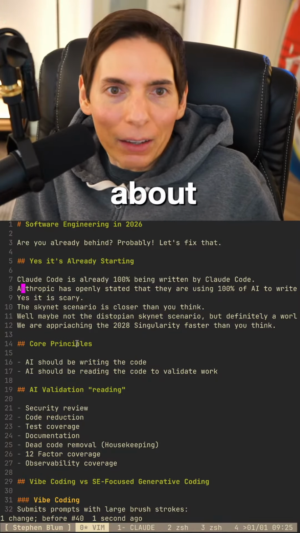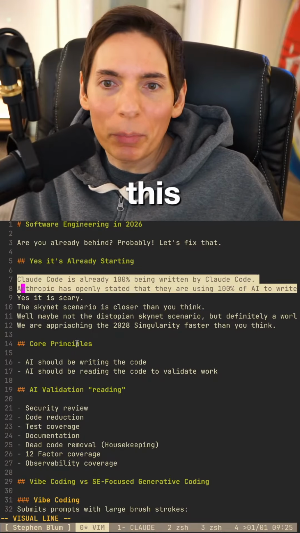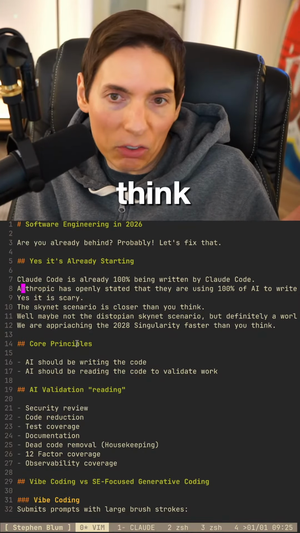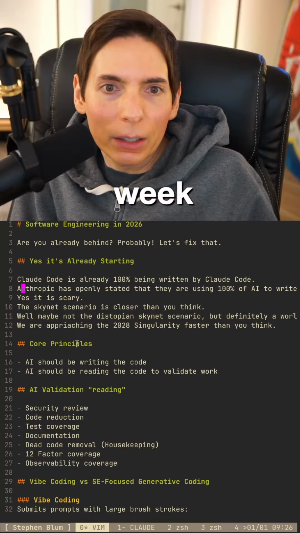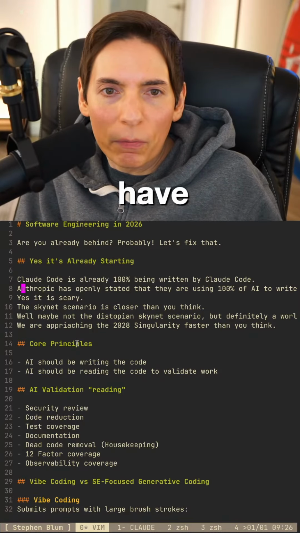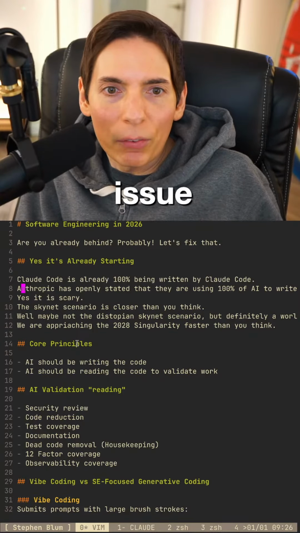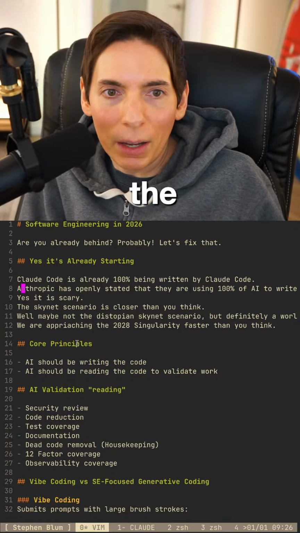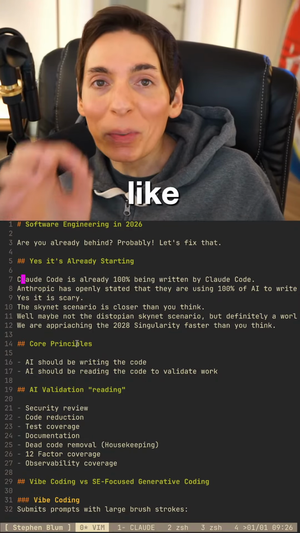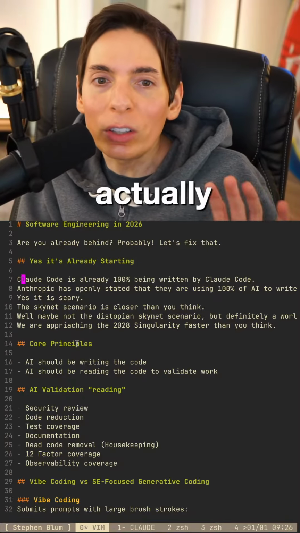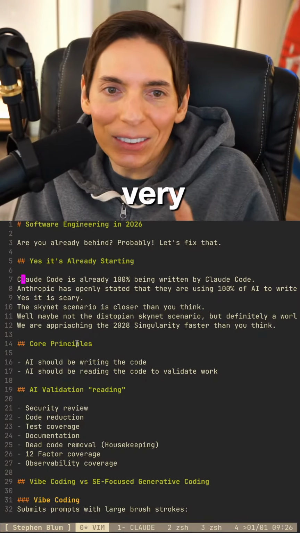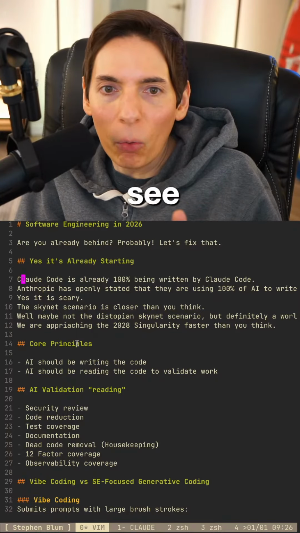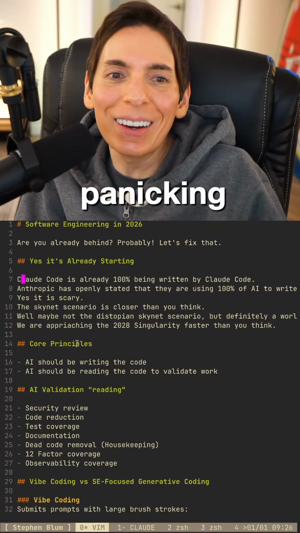What, I haven't heard about that? Oh, isn't this crazy? Yes, this is amazing. They're just talking about this recently. Like just this week, I think, actually. They have used it to fix the terminal rendering issue of its AI when the output is long. They triggered a redraw of the UI. Oh, really? So that's one specific instance where they actually used it to make an improvement. Very nice. I like when they get announced, but let's see how well the AI is doing before panicking. I know, right?